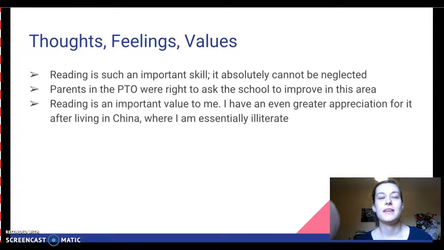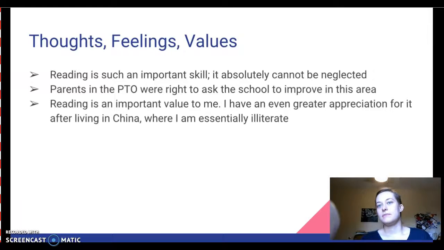And reading, I think, is a very important value for me. I've always loved to read. My mom says I begged her to teach me to read before they were even teaching us in school, because I just wanted to so bad. I don't really remember that, but I've always liked to read. I think it's really important for life, it allows you to be informed about the world, and I have even a greater appreciation for it, I think, after living in China,